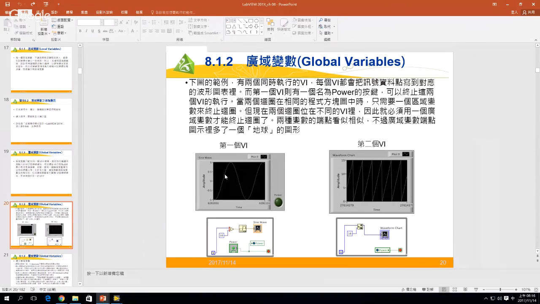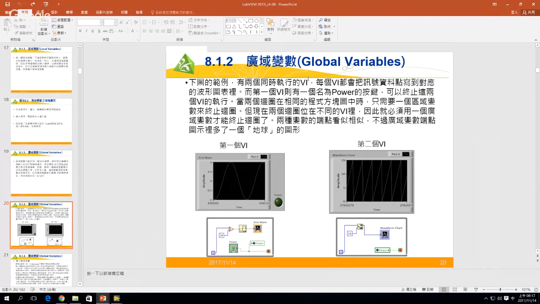What is the difference between the local variable and global variable? 各位同学，What is the difference？你们认为区域变数跟广域变数有什么不太一样？区域变数呢，只能用在它当下的这个 vi。Okay, I mean that for the local variable, it just can be used in the current vi. And for the global variable，